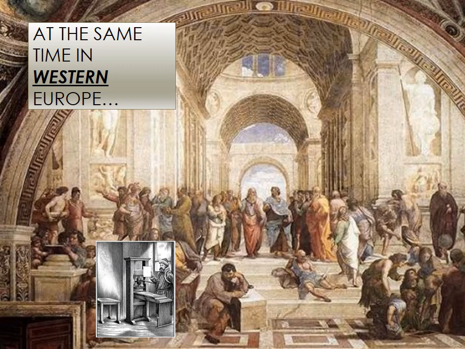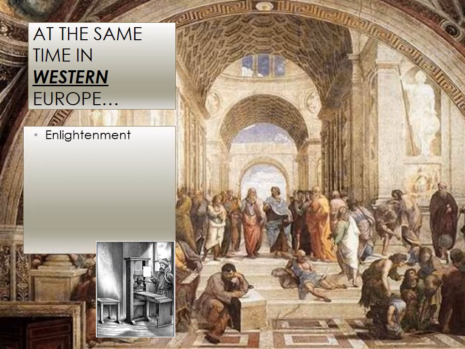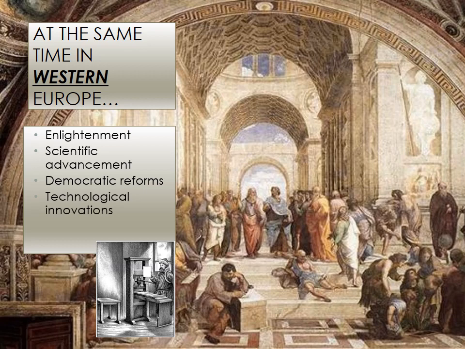So at the same time, again, in Western Europe, pay attention to the dress. This isn't necessarily the dress of the time, but the Greek and Roman style Senate dress outfits. Again, we have the Enlightenment questioning the government and the government's power and giving power to the people. We have the scientific revolution saying we can use reason and come up with new ideas and discovering gravity and studying the space. We have democratic reforms giving people more rights, parliamentary governments, technological innovations, which is allowing Europe to explore the world, and colonization and military advances again.